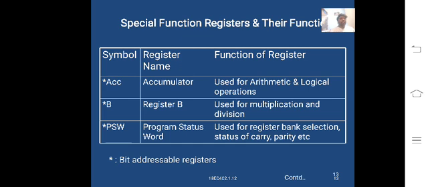These two bits are used for selecting the banks of the general purpose registers. It is used for register bank selection and status of carry and parity, etc. The status of carry means, if you are doing any arithmetical operation, it gives the carry flag,